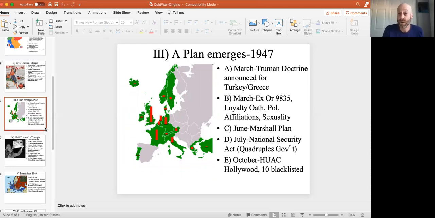So we go into 47 with divided government. We have a president that's Democratic. We have a Congress that's Republican. And they don't agree with any of his liberal kind of socialistic programs. However, Truman will have a huge revival in 47, mostly over foreign policy. It started to dawn on Harry Truman that the Soviets were a huge threat and that we had to counteract that threat. So in March, there is trouble in Greece and Turkey.